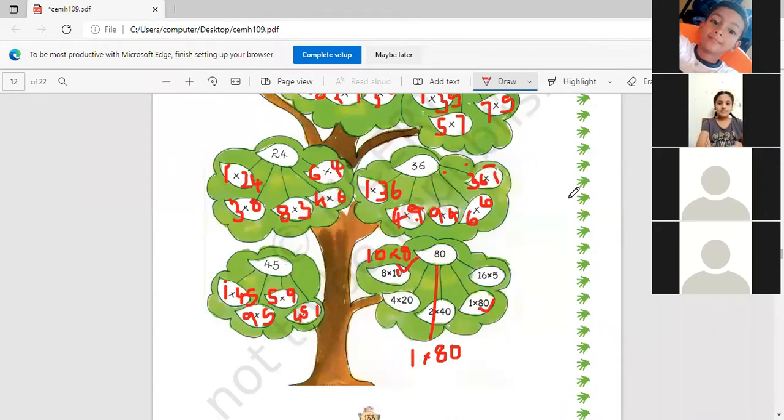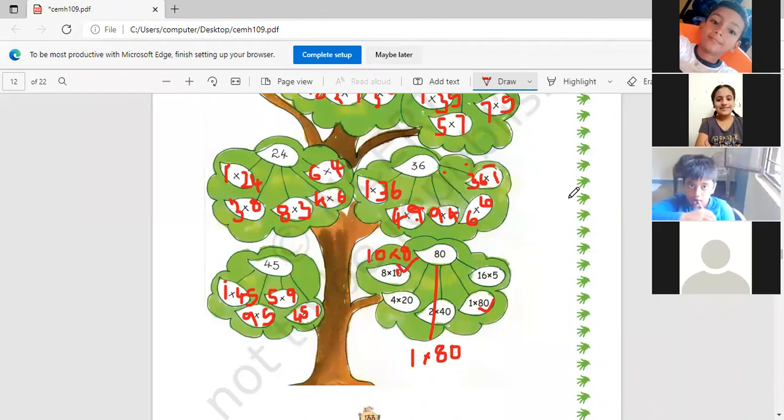But do you know it, or are you simply seeing it here and telling? You know it. So one more you tell me. 16 5s are 80. One more you tell me then. It's 5 16s, 5 times 16. When 16 5s are 80 is possible, similarly 5 times 16 is also possible. 5 into 16. Is that correct? Yes. Anything else? No ma'am. Okay, good.